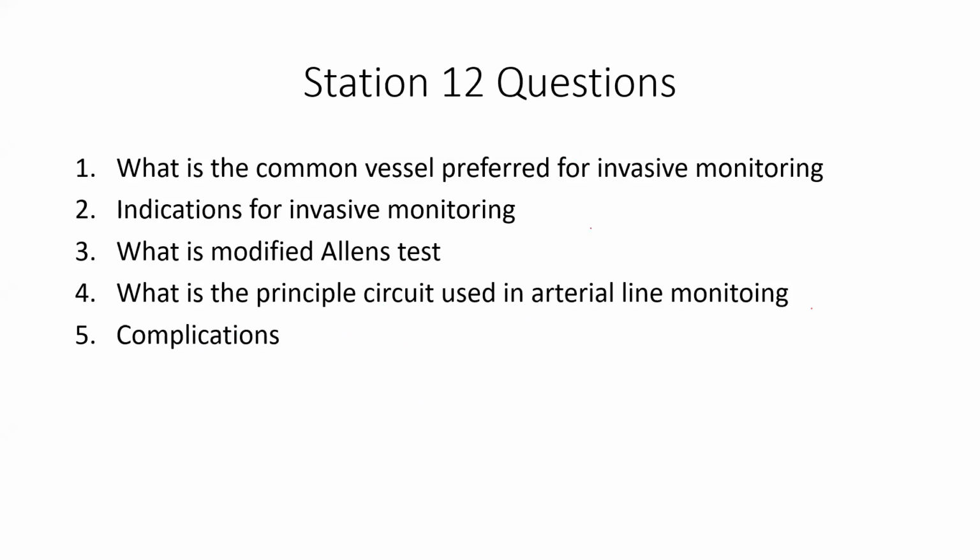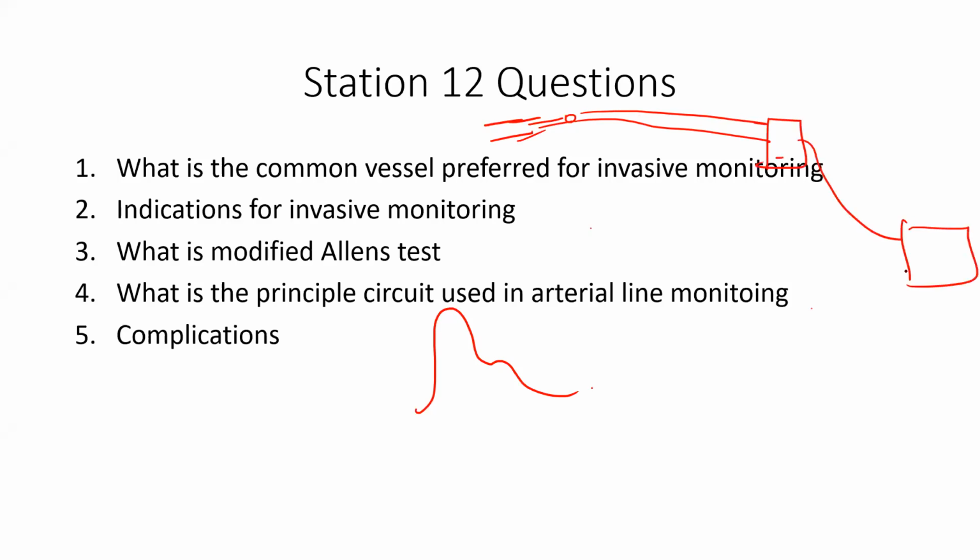Sir, a word on dampening and over dampening. So this is a normal artery line trace. When there is over dampening, you have an artery, you put in an arterial cannula, and a catheter communicates from the cannula to a transducer, which is connected to the monitor and displays the arterial pulsation. So what happens when there is a clot here?